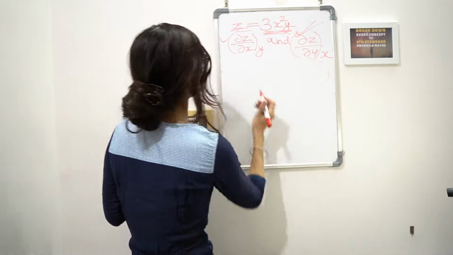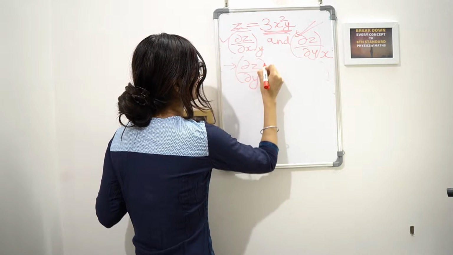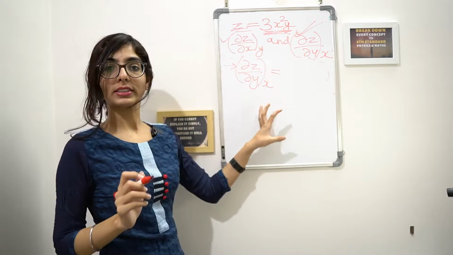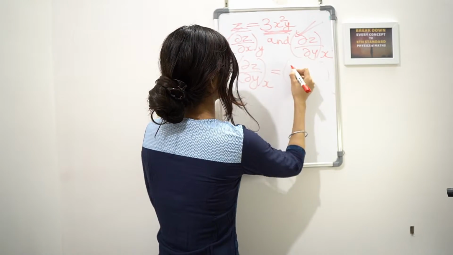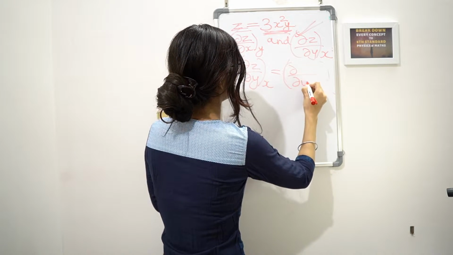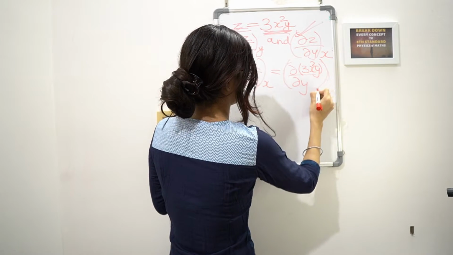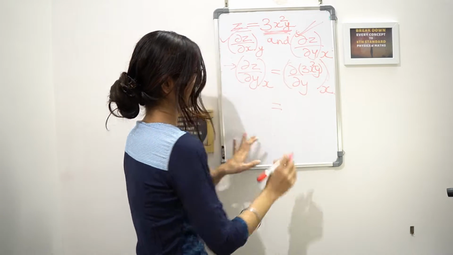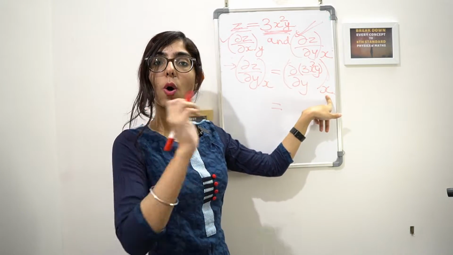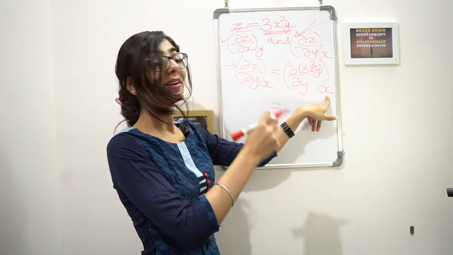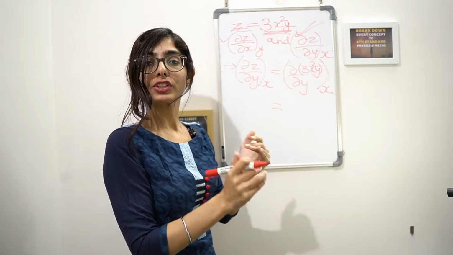So let's calculate the other thing. It is del z by del y, keeping x constant. So now you can see what we'll be doing. We'll be simply putting the value of z here first. So let's put it here. Del by del y, and the value of z is 3x square y, keeping x constant. Fine. So I have put it like this. Now since x is constant, obviously whatever constant quantities are there, we'll keep outside the bracket and the rest will be differentiated.